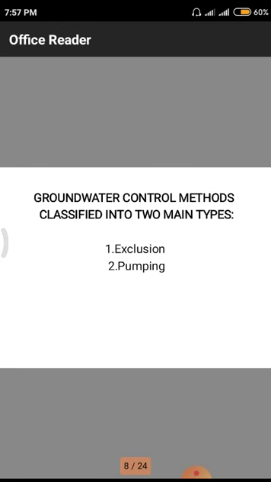They simply go for this pumping. That means they dig boreholes, collect the water from those boreholes and use it for irrigation. In some areas these boreholes are also used and the water is converted into daily drinking water, that means RO UV purified water. Mineral water plants also use this pumping mechanism, collecting water from the ground and treating it with RO and UV. RO means reverse osmosis, UV means ultraviolet rays are passed.